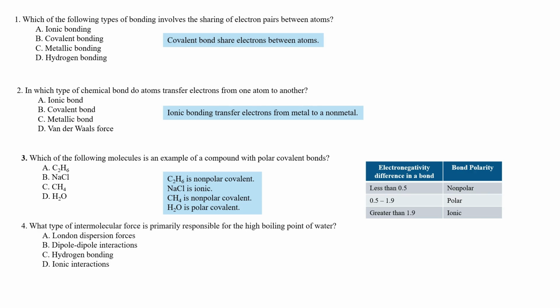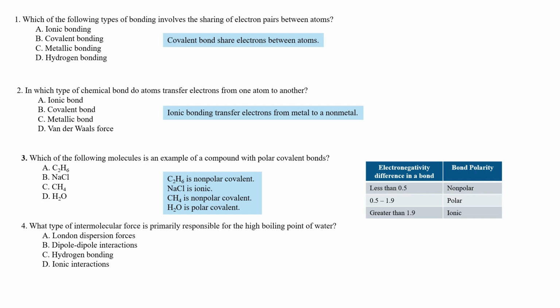What type of intermolecular force is primarily responsible for the high boiling point of water? There are three main types of intermolecular interactions: hydrogen bonds, London dispersion forces and dipole-dipole interactions. Among these three, hydrogen bonding is the strongest, dipole-dipole interaction is the second strongest, and London dispersion force is the